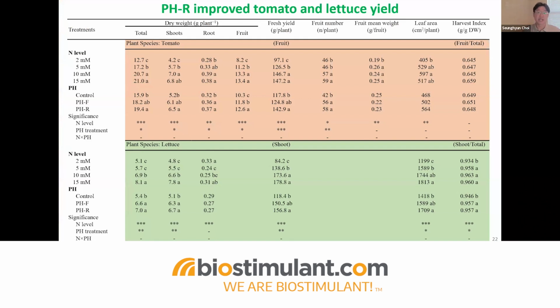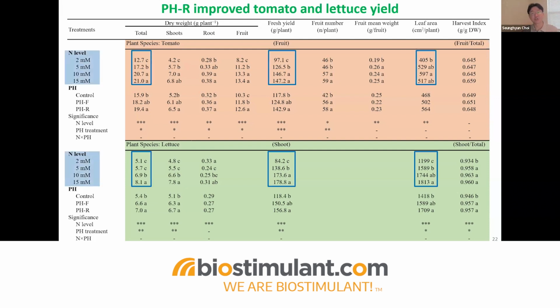This table shows how different nitrogen levels and pH application methods affected the growth of lettuce and tomato. The red shaded area at the top represents tomato data, and the green is for the lettuce. Overall, both nitrogen level and pH application significantly influence plant growth. Especially, nitrogen level was a major driver of growth responses. Increasing nitrogen level consistently improved shoot dry weight, fresh weight, and leaf area in both crops. Now, what's interesting is the